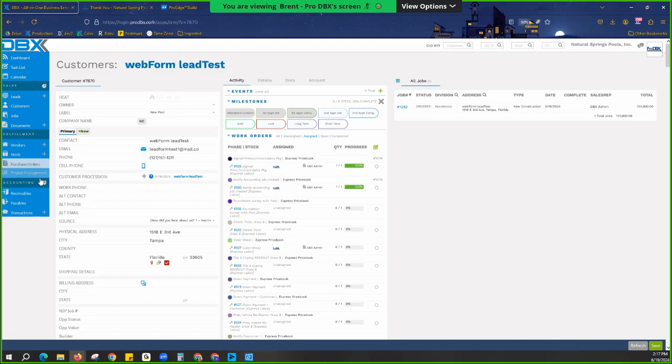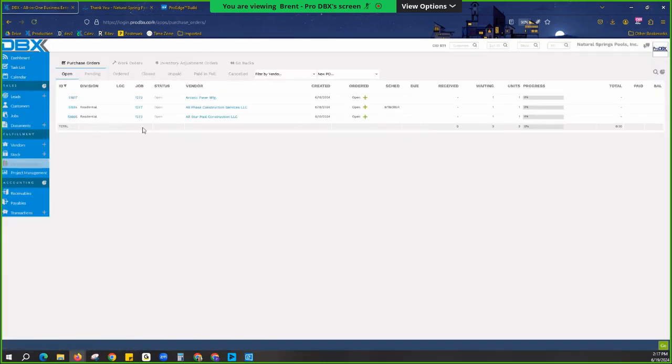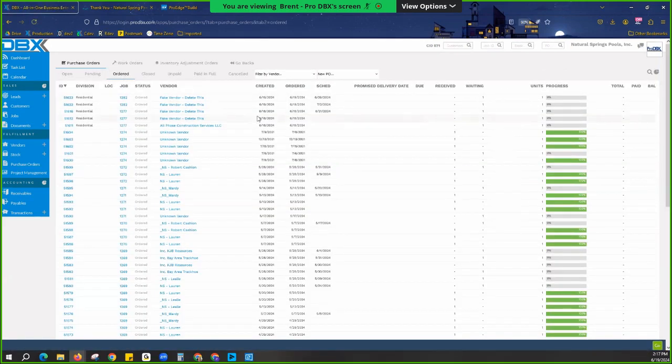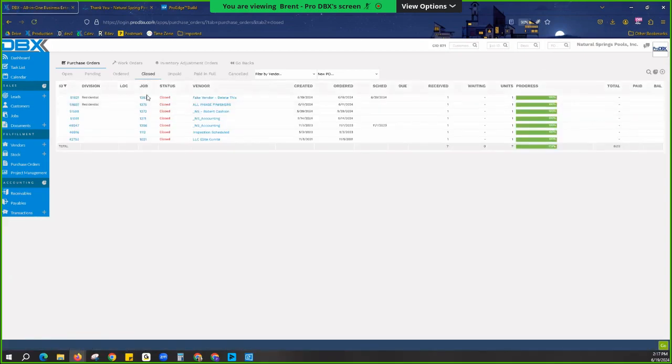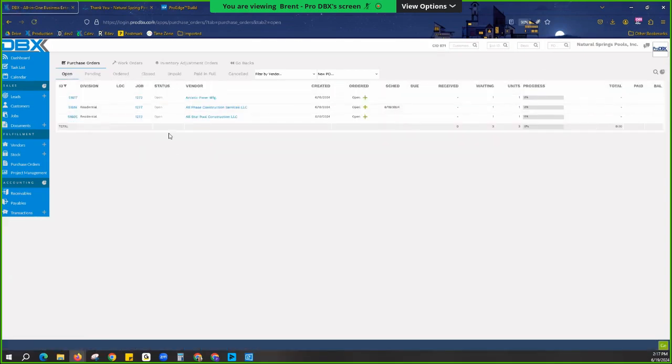Now what about the POs? Well, the POs is pretty simple. It's actually in purchase order right here. And you have to be careful because there's also these filters up top, these different tabs. So these are open POs. Right here is ordered POs. And you can even look at closed. So those are the different places where you can